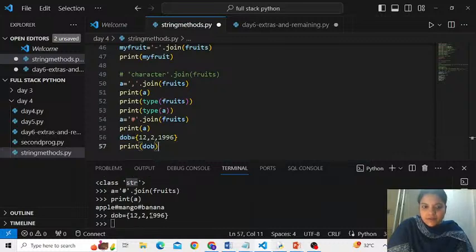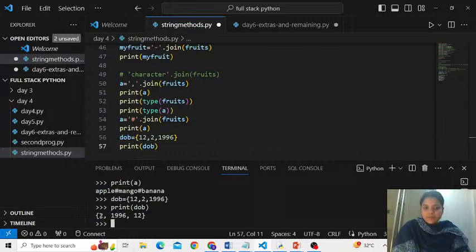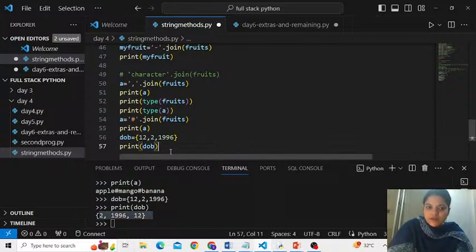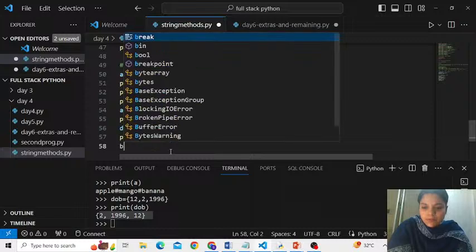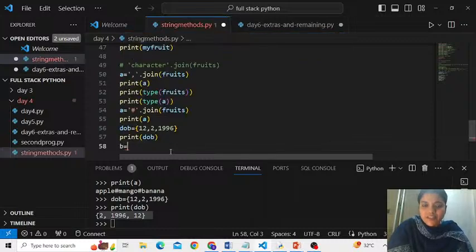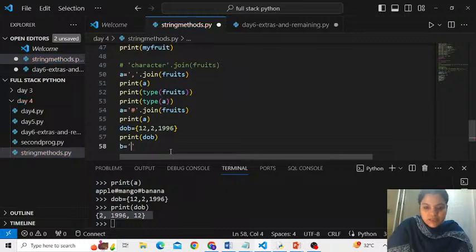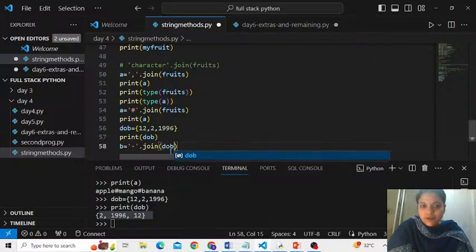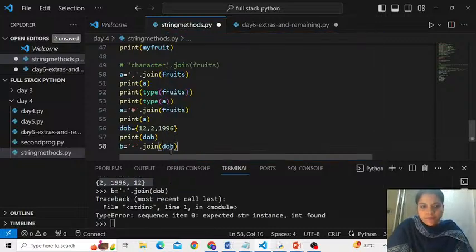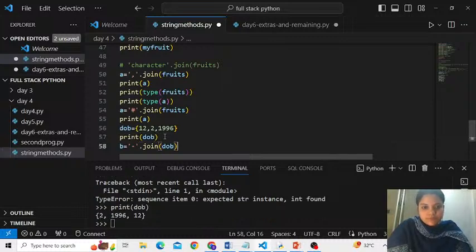But I don't prefer the format of date of birth like this. Are you getting it? So what I do here is, let me say B is equal to, with hyphen, I join the elements of DOB. If you write DOB, the set will be replaced by string. Understood?